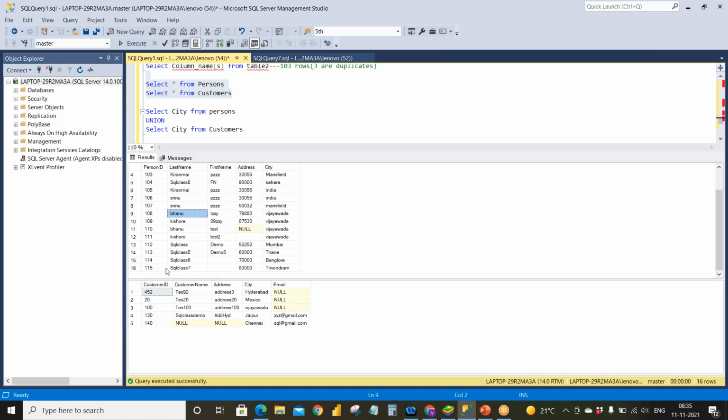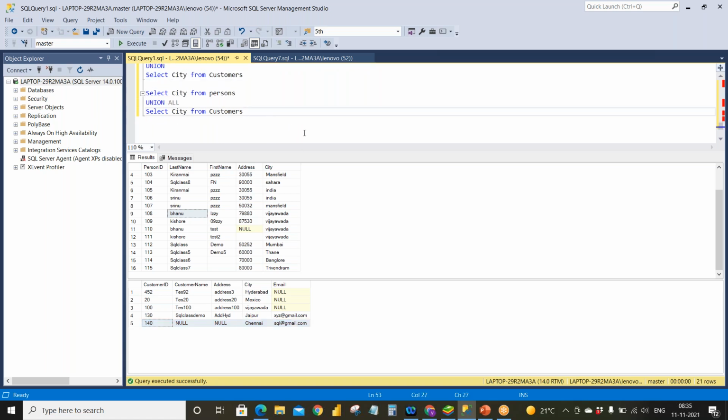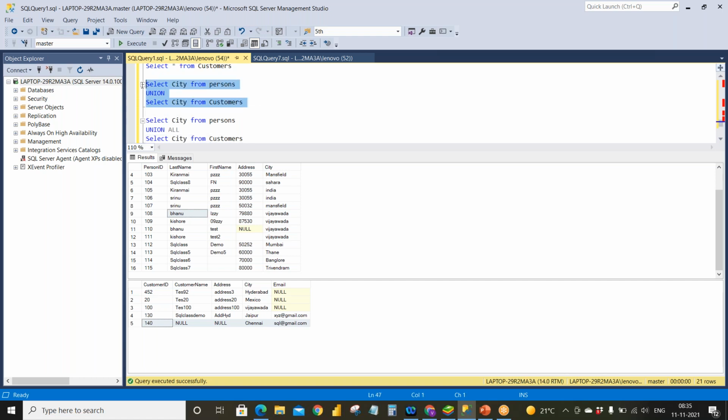Here in the first table we have 16 rows, in the second table we have 5 rows. 16 plus 5, 21 rows we are getting if you are doing union all, because it will allow the duplicates. So let's see another example with the union.